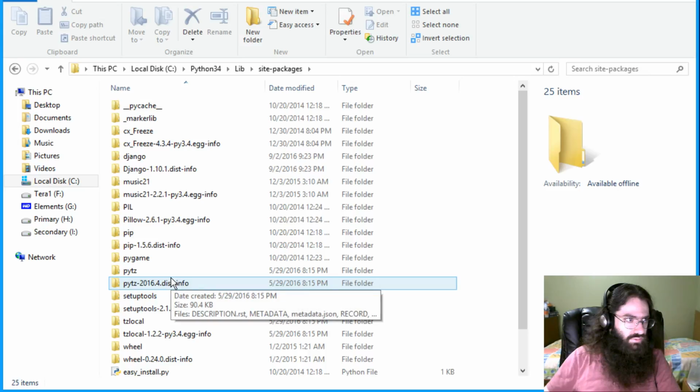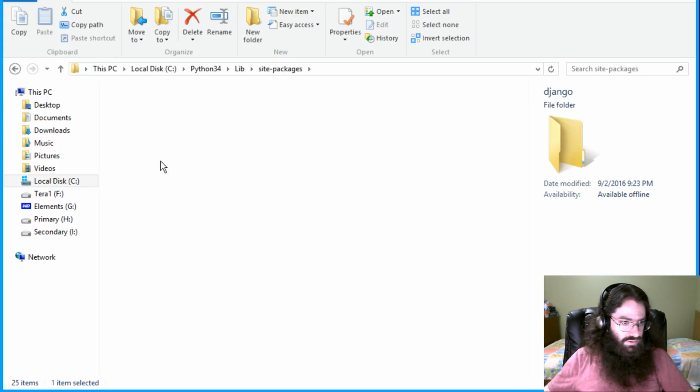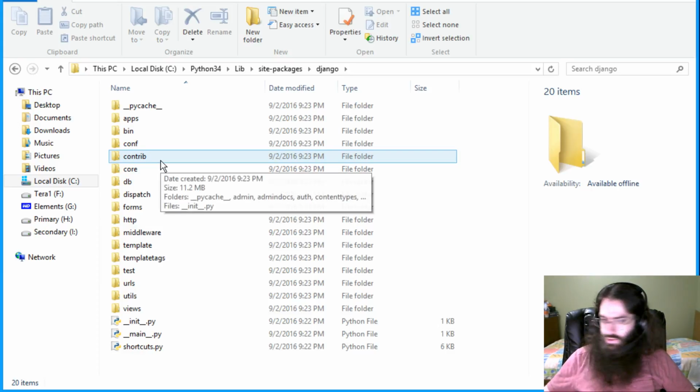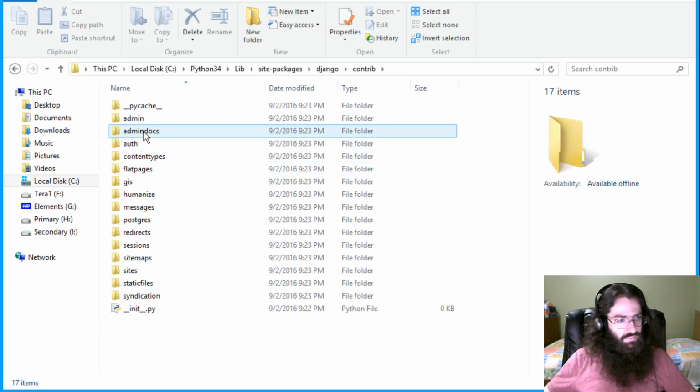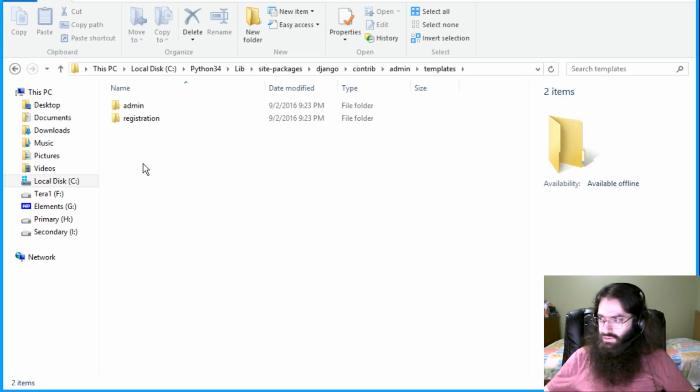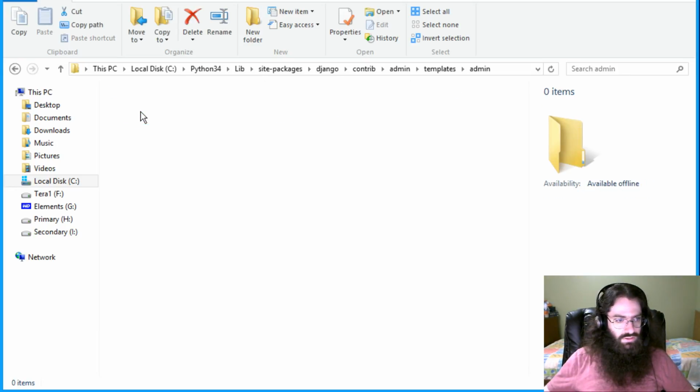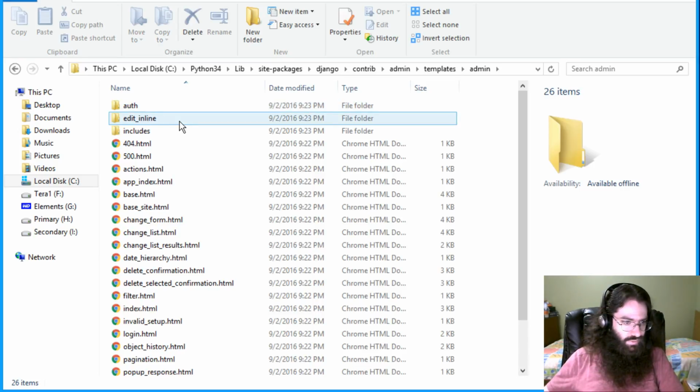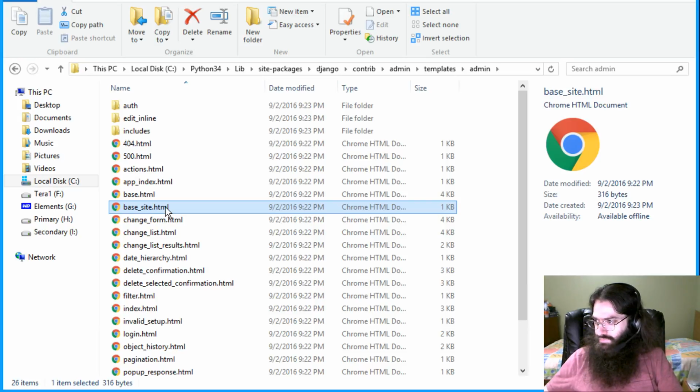I should have just printed the path instead of sending it to the interpreter shell and then just pasted it into here. Site-packages, Django, contrib, admin, templates, admin/base_site.html. From within the default Django admin template directory in the source code of Django itself. Contrib admin templates, admin base_site.html,